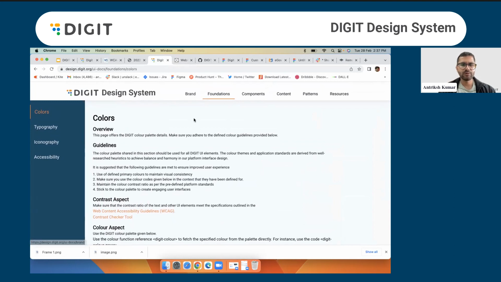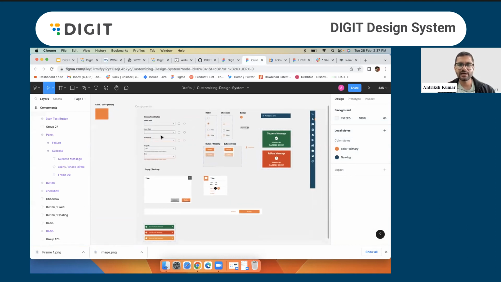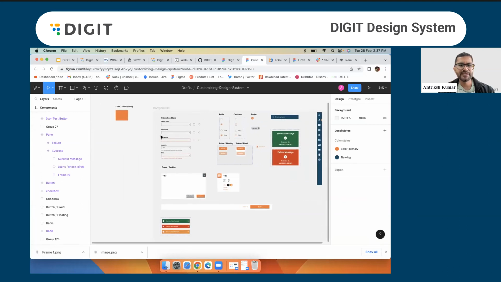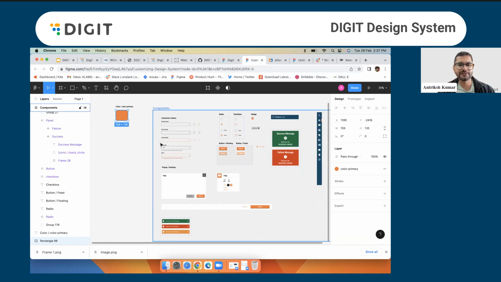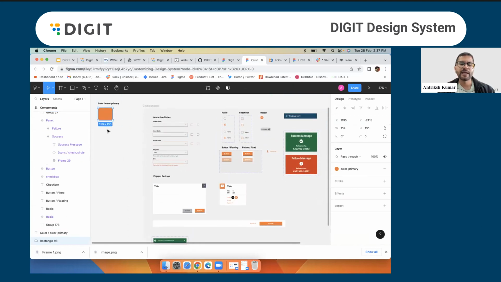Okay, just a quick demo. If you see here, this is basically a component which I have laid out in Figma. And if you're changing, say, the primary color, this is the primary color which you're using, and you see this color is used across components in the design system. And if you decide to change this primary color, say as per the other brand or your end customer